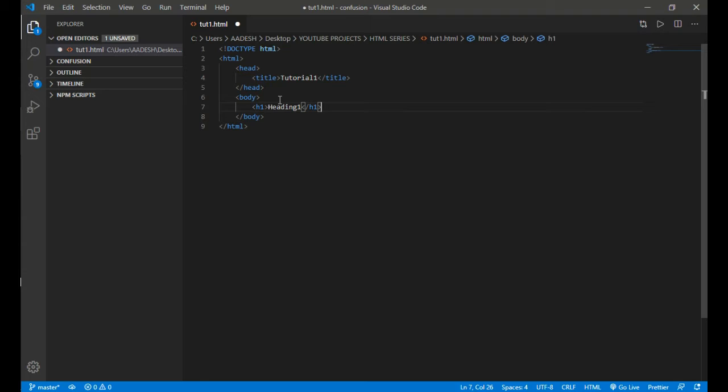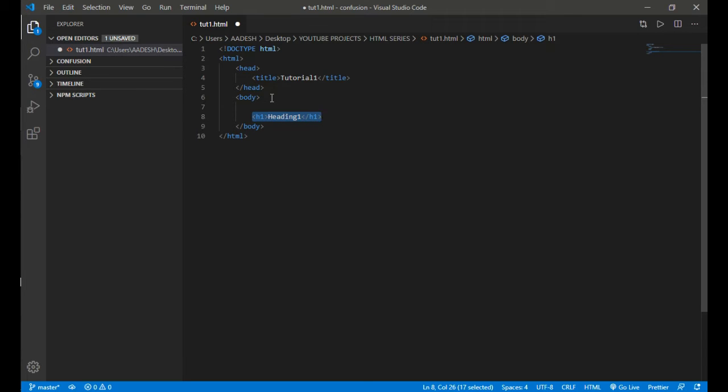So let me show you all the heading tags available, which are basically 6 tags. So first of all, h1 tag will show the heading with bigger font size. So before that, let me show you the comment. How can you comment something in your HTML document?